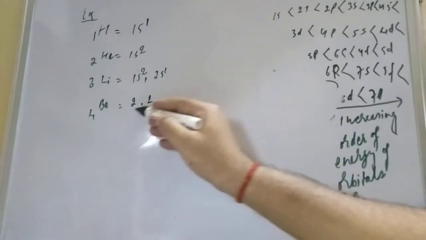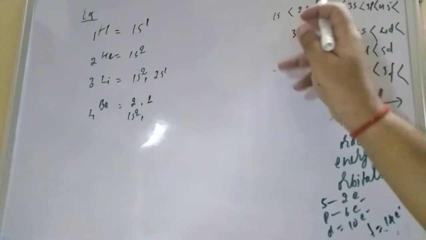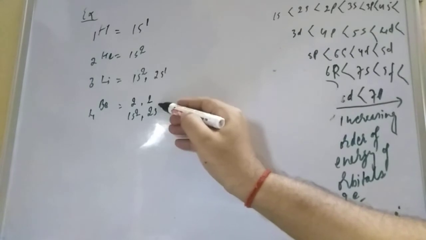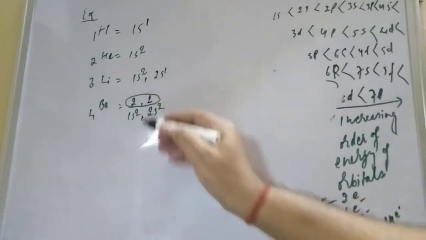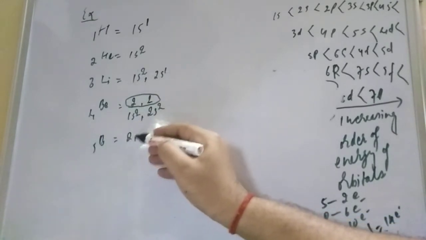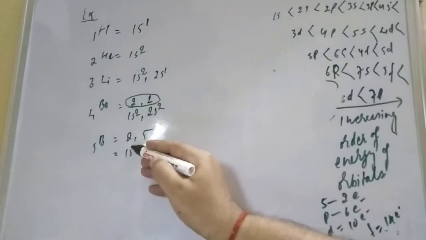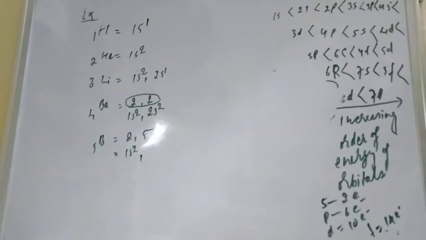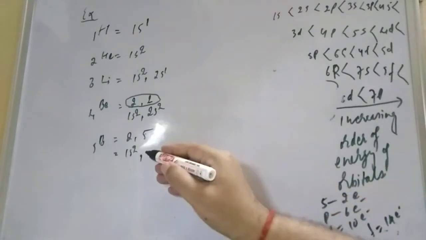So if you write the configuration, here is 1s2, and then which one is coming, student? 2s2. So here the configuration is 2s2. This is the normal configuration that you know already, student. If you talk about boron, student, 5 electrons, so how is the configuration? 2 and 5. So how do you distribute, student? That is 1s2 will be like this, then comma, 5 electrons in the valence shell.